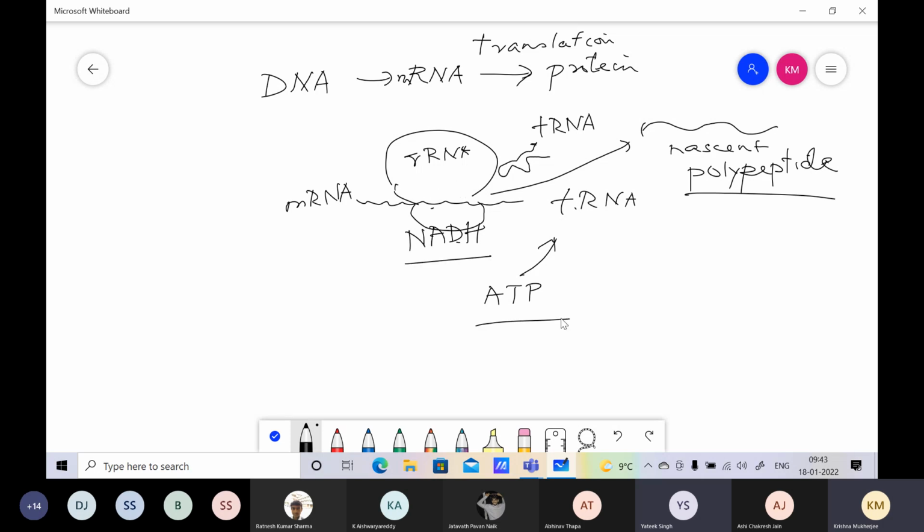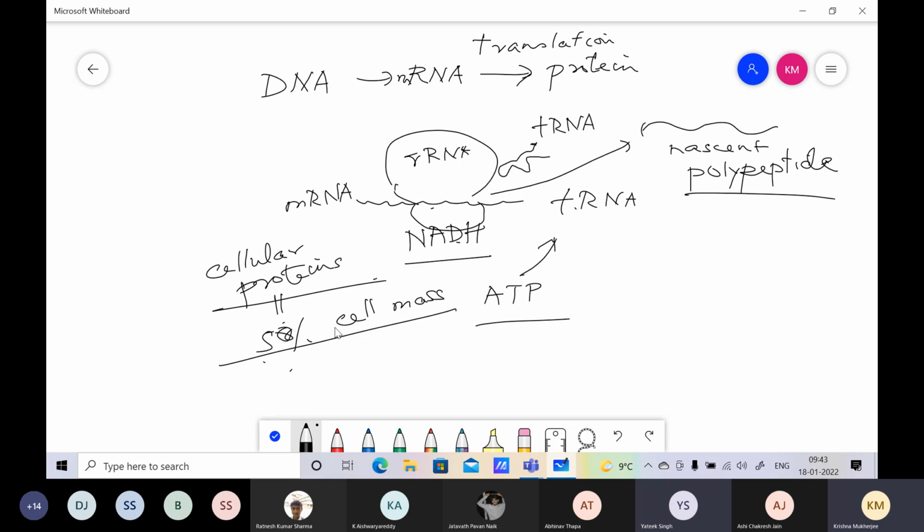kinds of things. And all these things, and really my knowledge of biology is very poor, so I do not know what all things it requires, other than the very fact that, and that's the most obvious point that I'm trying to make, the translation process is happening to the cellular proteins as well. The cellular proteins are also competing, and remember, cellular proteins comprise 50% of cellular mass. Now, so this is the elephant in the room. It is 50% of cellular mass is cellular proteins, and your protein product is competing with these cellular proteins as